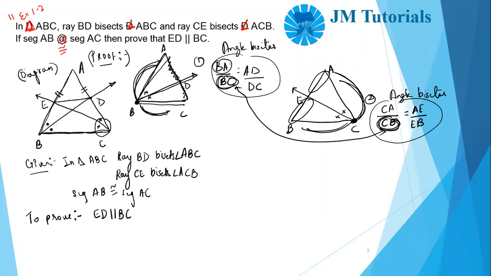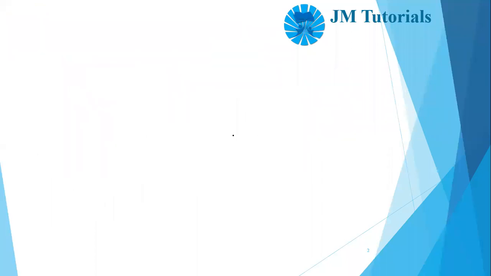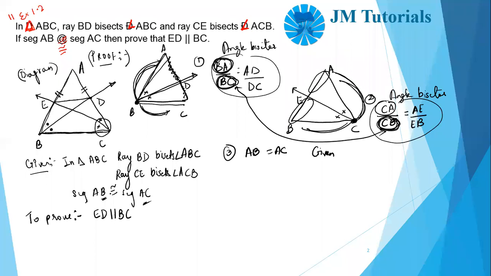If you look carefully, BC and BC are the same. Now look, here there is BA and here there is AC. But I know that AB is equal to AC. So I say AB is equal to AC, given. So AB is here, AC is here. That means if you look at the LHS, the LHSs are equal, because the bottom one is BC here and BC here, which is the same. On top there is AC here and AB here, which is actually the same because it is given that AB and AC are equal.